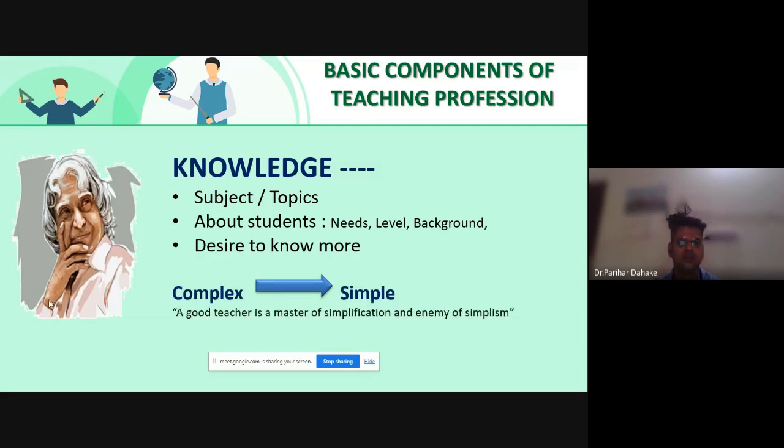Okay. So, before moving towards the actual content of today's effective teaching methods, let me just tell you, teaching basically depends upon knowledge.